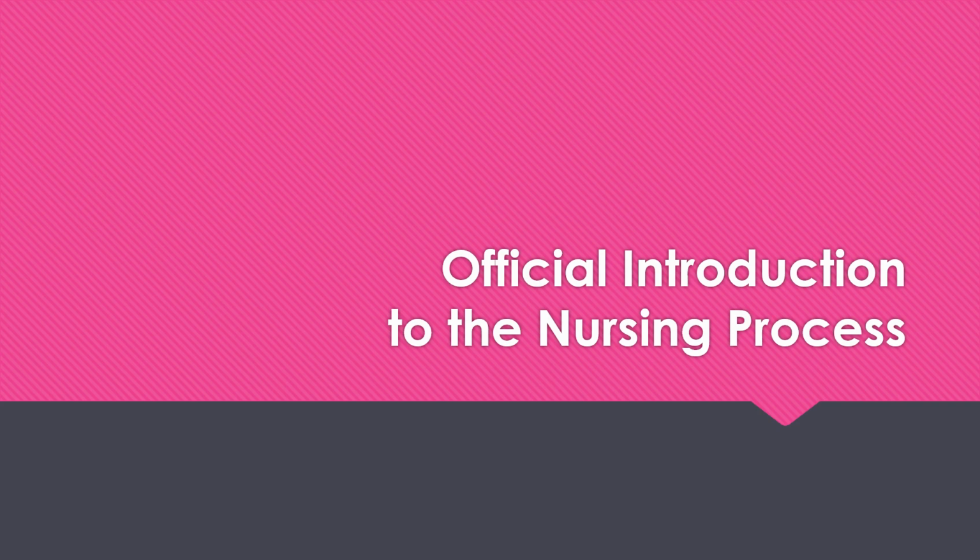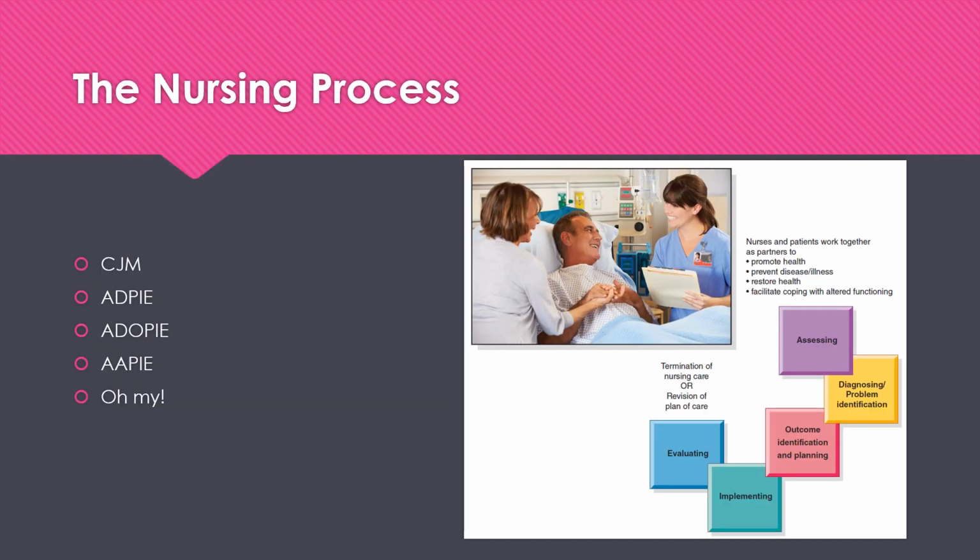We just discussed how nurses critically think and the crazy way we got to the clinical judgment model, but let's look at it a little bit more in depth and a little bit more clearly. The basics of everything we do as nurses follows the nursing process. It doesn't matter if we call it clinical judgment model, ADPI, ADOPI, API, we're all following a scientific process that helps us critically think our way through our patient care. The nursing process is a very circular process, even if the picture on the right looks like a colorful snake. We are doing this process over and over all day long while we care for our patients.